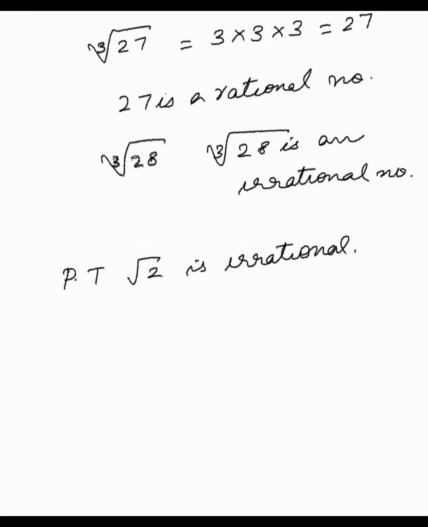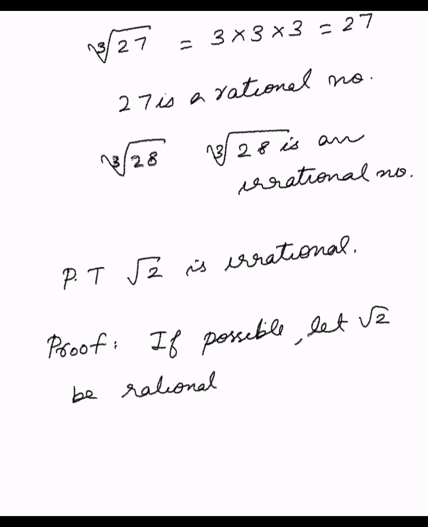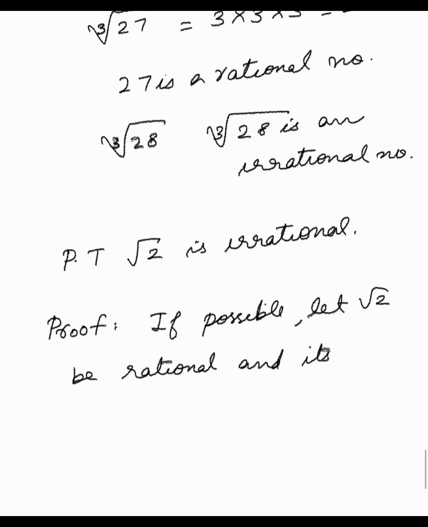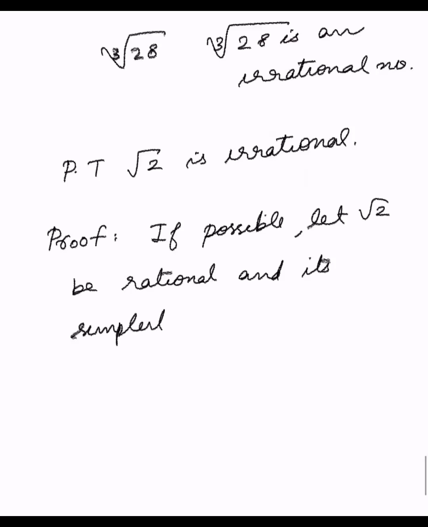Okay, what did I say? We are going to start with a contradicting statement. The contradicting statement is that root 2 is rational. That is the statement we are going to start with. We call it proof by contradiction. So let's start with the proof. If possible, that is how we start: if possible, let root 2 be rational, and its simplest form be